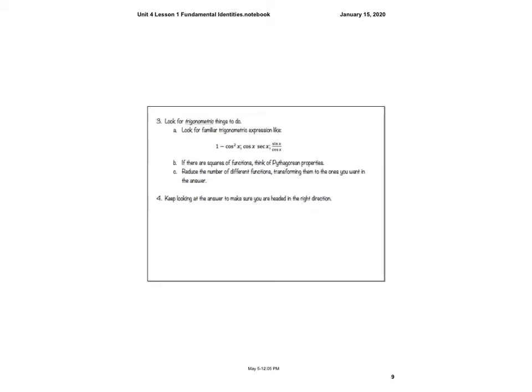Maybe you want to reduce the number of different functions by transforming the ones that you have there into the answer there. So keep looking at the answer to make sure you're headed in the right direction. So always look at the other side to see, am I getting there? Is it starting to look like that? What do I need to do to make it look like the other side? All right, so